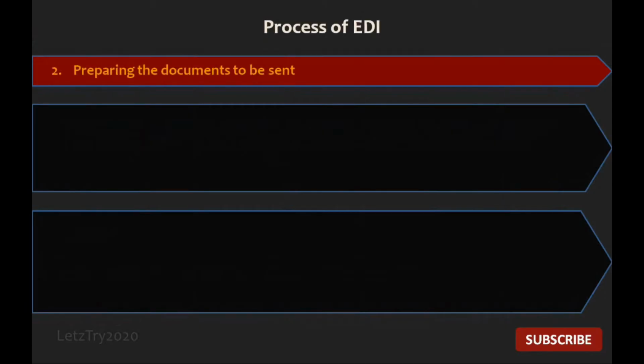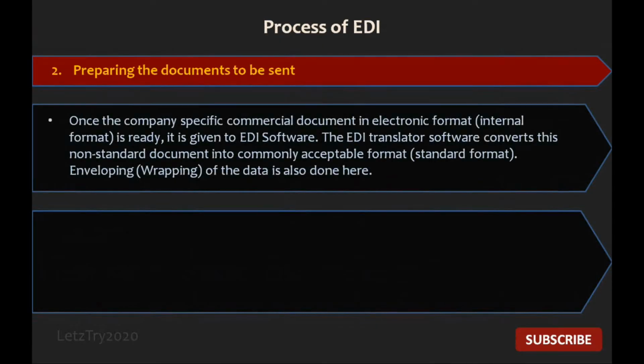Second step is translating the documents to be sent. Once the company-specific commercial document in electronic format is ready, it is given to EDI software. The EDI translator software converts this non-standard document into commonly acceptable format, that is, standard format. Enveloping or wrapping of the data is also done here.